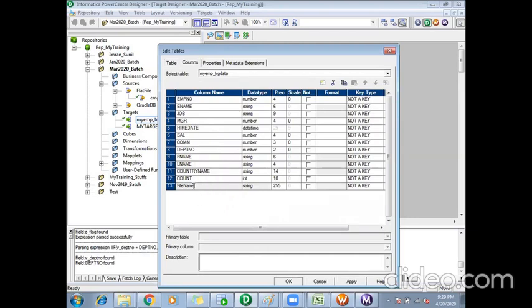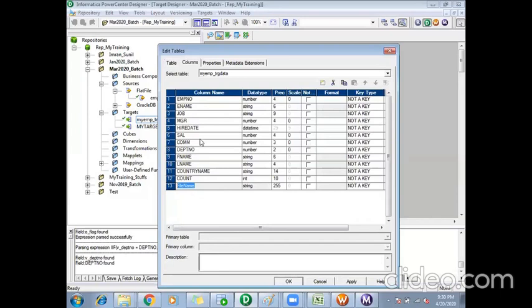What this port will hold is the file name of the files which are created. Whatever value I pass to this port at the mapping level, that value will be taken as the name for the file.